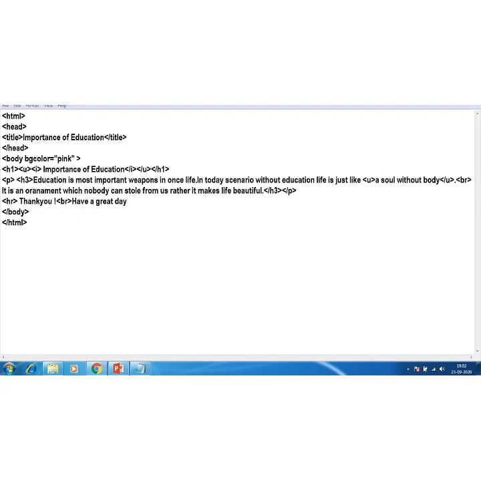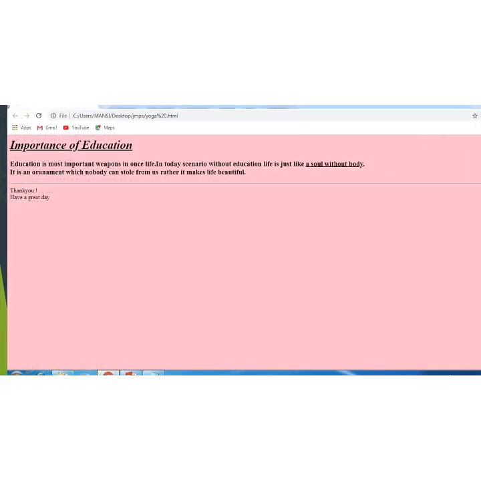Let's see the output now. Everyone, please see my web page. Is it looking beautiful? You can make it more attractive, and you can write a full-fledged paragraph too. So it's my request, you note down the code that we have just discussed, and under the P tag, whatever content you want to display on the web page, you can write it. Look, Importance of Education is the main heading, and underline is there, italic is also there, and in between the paragraph I have highlighted this text, so I have underlined it.